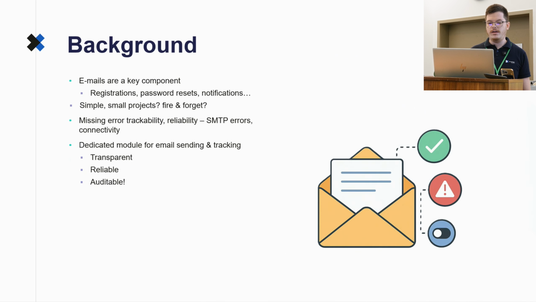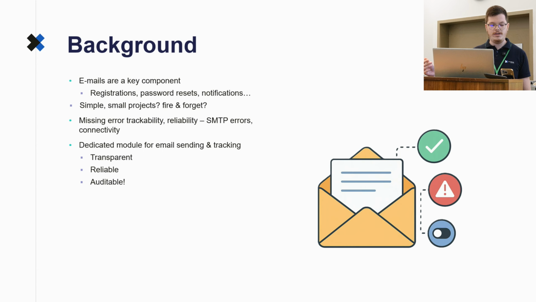A bit of background. At Fudge Design, we work on many Orchard Core-based projects. And like most teams, we deal with the emails all the time. Emails are just everywhere, in the registrations, password resets, notifications, you name it. At first, we treated them as something simple. Just send an email and move on. For this, the default email task in Orchard Core is sufficient,